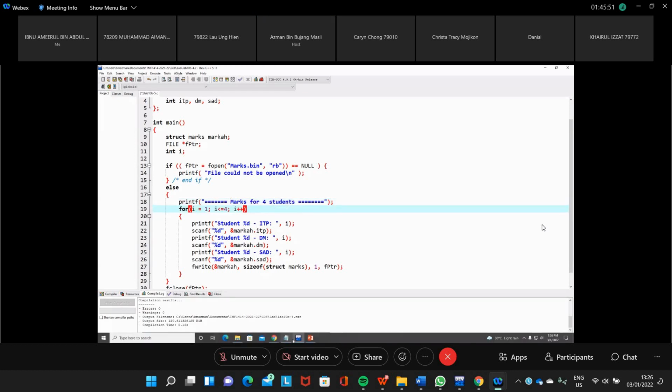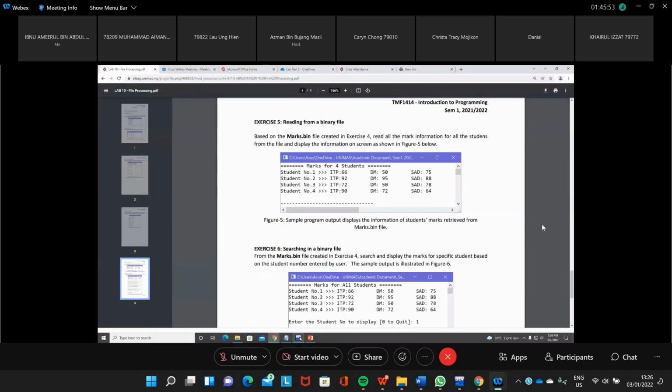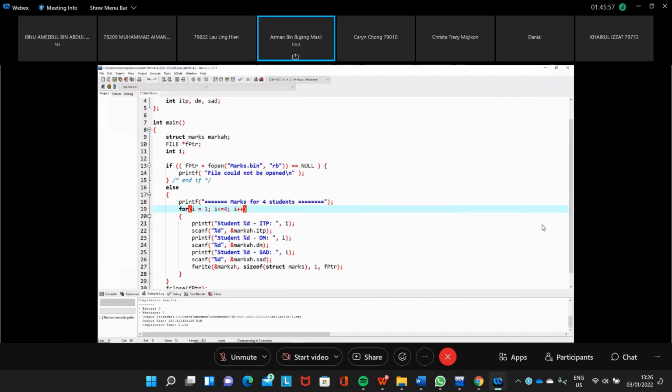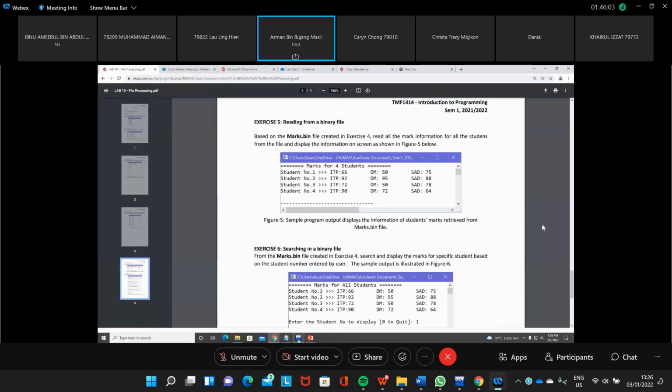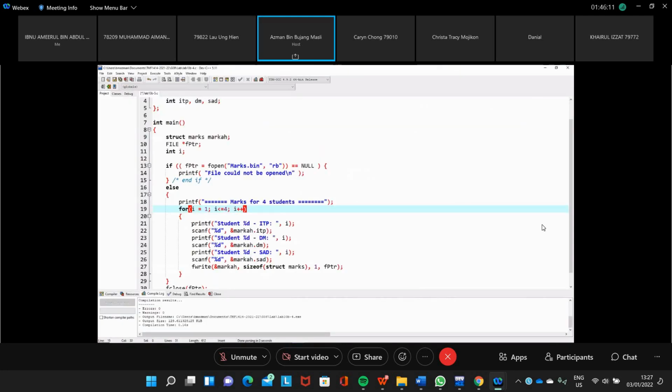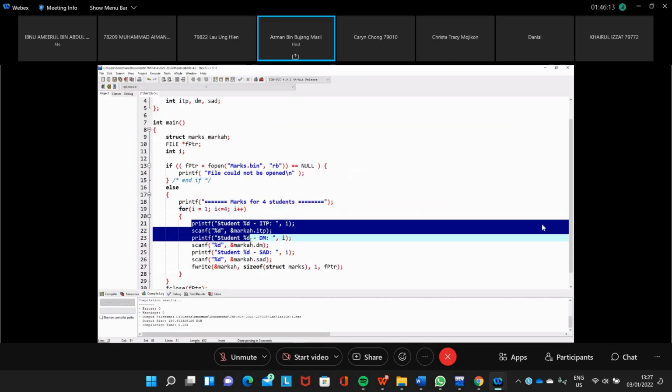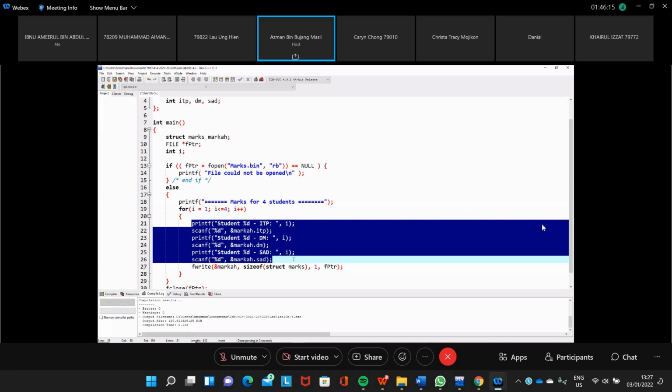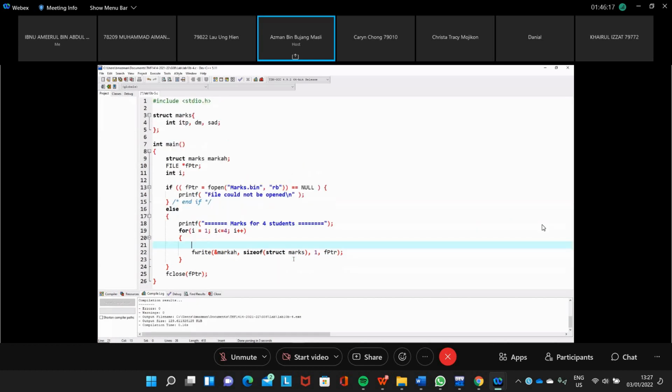And then student number 1, ITP. We read the file and then we print it out. It is in one line: student number 1, and then ITP, DM, SAD. We read the file, so this one is not here anymore.